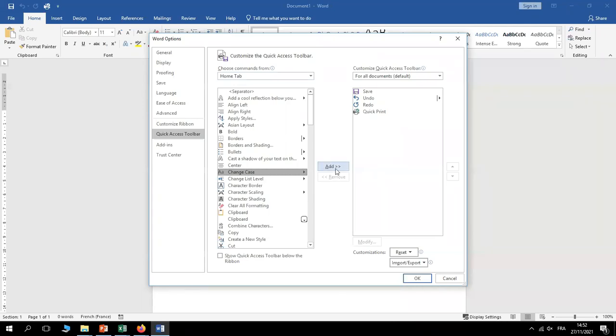Then in between this side and the right hand side we have Add. Once you click on Add, it will go to the right hand side as well. That means it's now going to be on top of our ribbon here. Once I click on the commands I want to add, then click on Add in between, so that they come to the right hand side of the screen. Then whichever I want to remove from this side, I just click on them and then click on Remove. It will get off from the